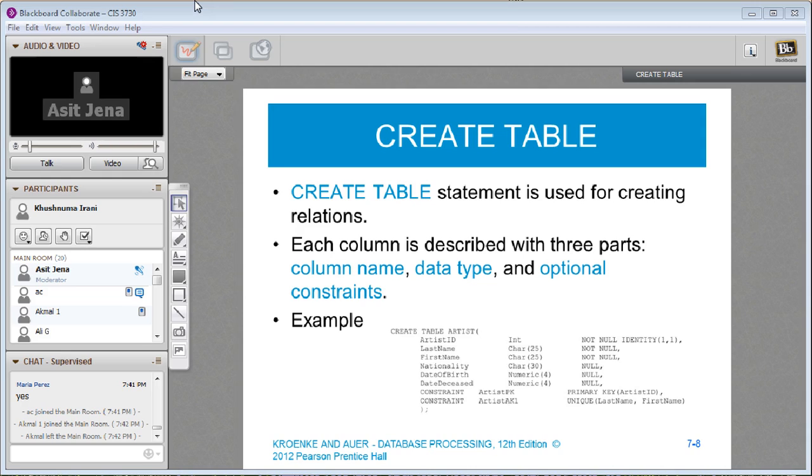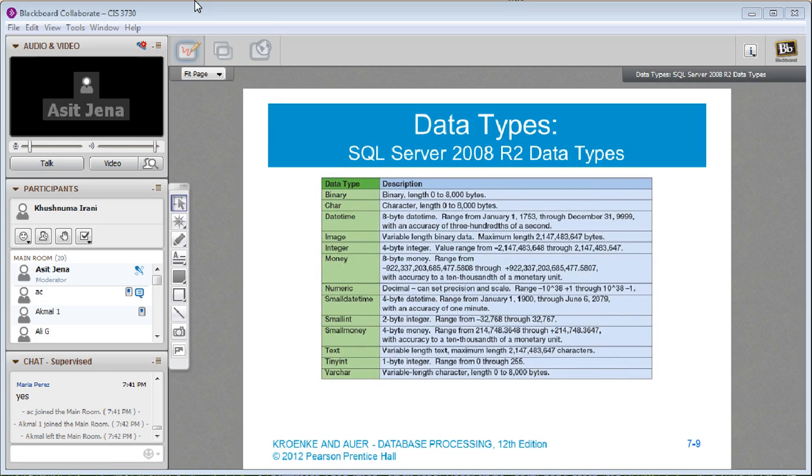Anything else that you see is optional, because you cannot create a table without specifying the name of the column and the data type. And the data types, I think we went through this previously, are binary, character, date time, image, integer, money, numeric, small date time, small int, small money, text, tiny int, varchar.